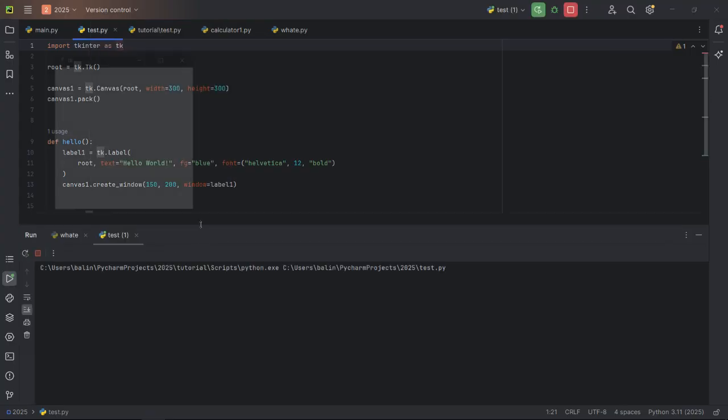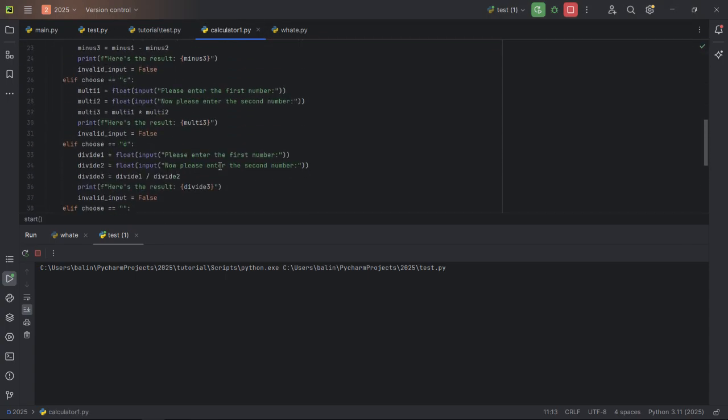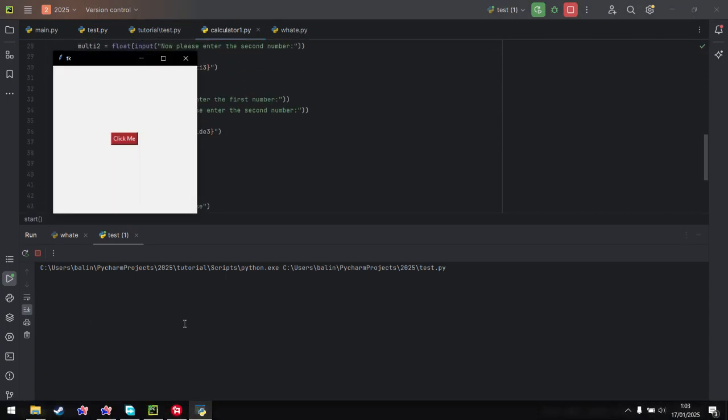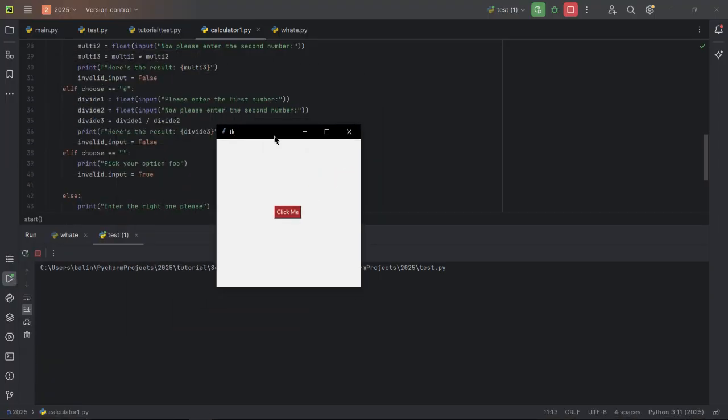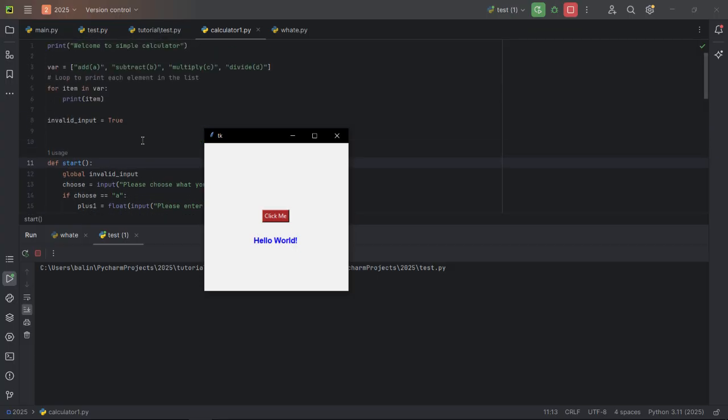I'm trying to make the calculator I'm working on right now go into Tkinter so I can make a genuine calculator like this. If I click the button, you can see it's going to show hello world. I'm trying to implement it from this code